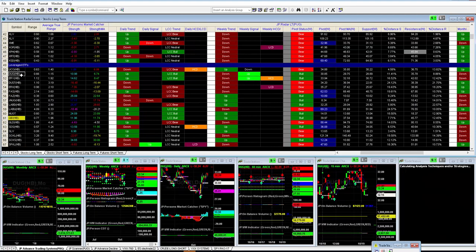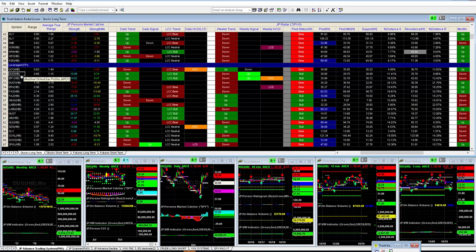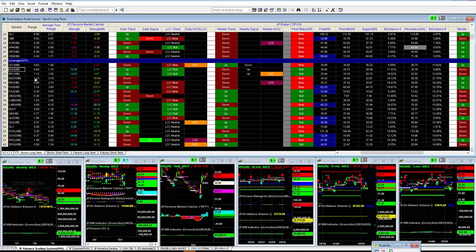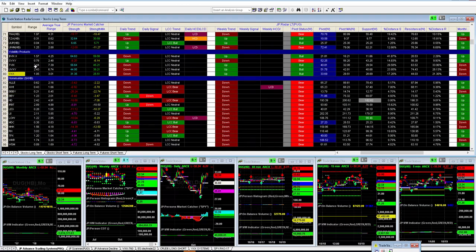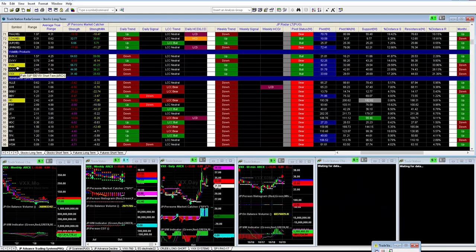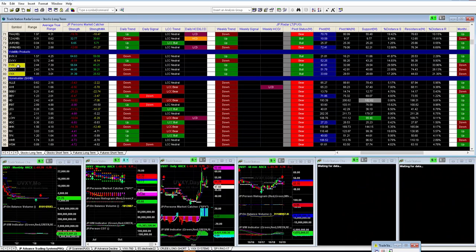Well, these are leveraged ETFs, and the only thing that's generating a new, fresh potential buy signal for the week concluding Friday, October 19th, option expiration, is Doug. That's an inverse bearish ETF, which means when energy stocks go down, that goes up. All right, so if we go through, the only other thing that's in an uptrend is volatility products, VXX, UVXY,